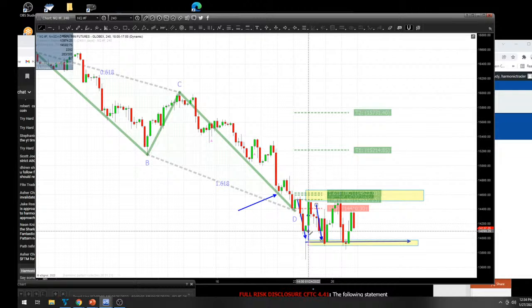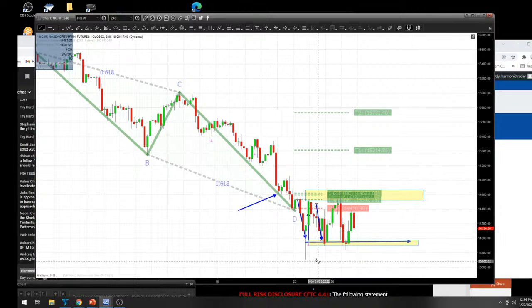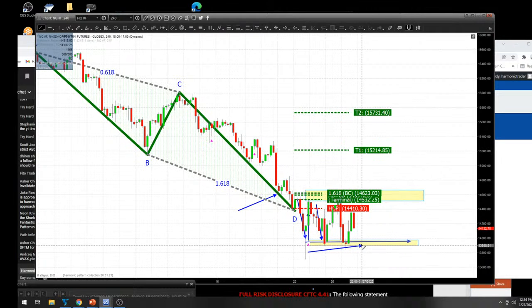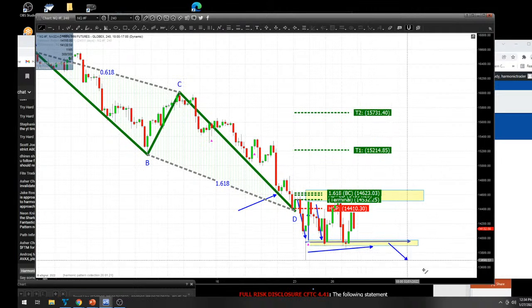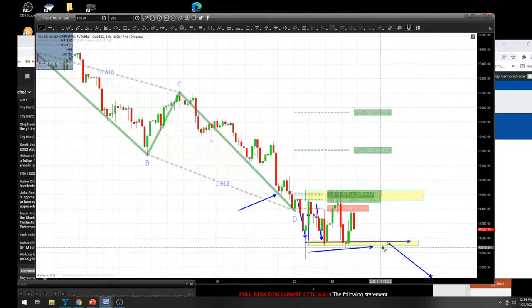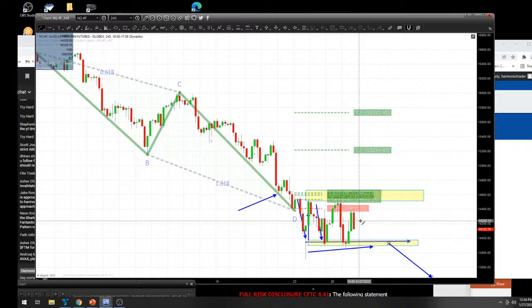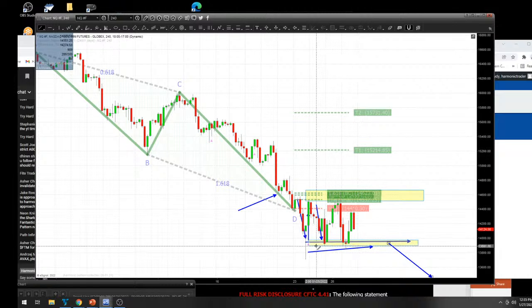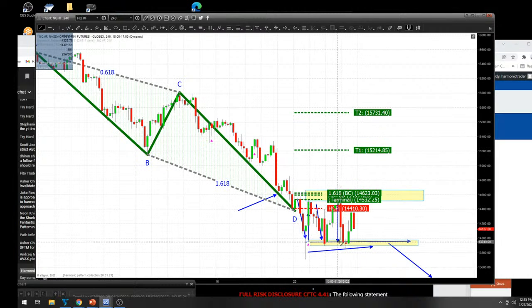Something to think about. Unless it's going to blast through the zone, the common failure is to hit it, go sideways, and then continue lower. Unless something develops, you do have a check back here, but we don't want to see this thing do one check back, two check backs, what, three check backs? That's not